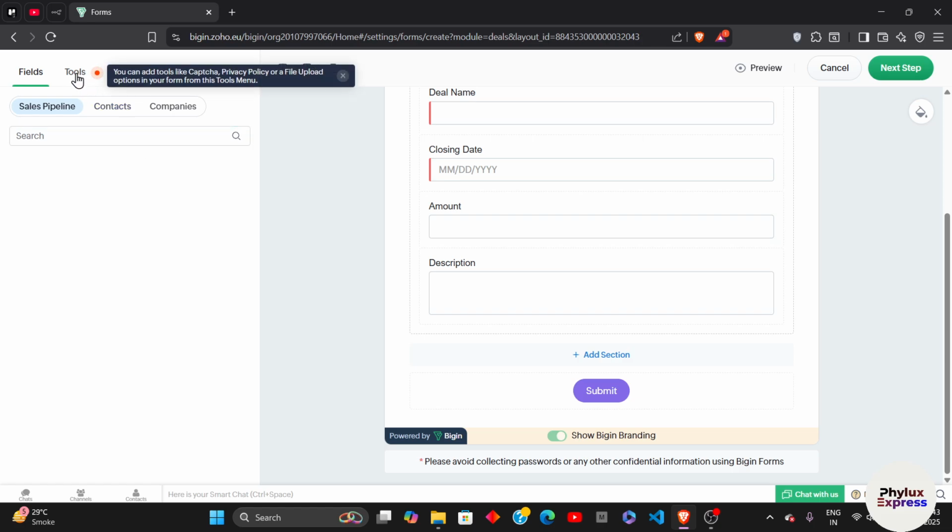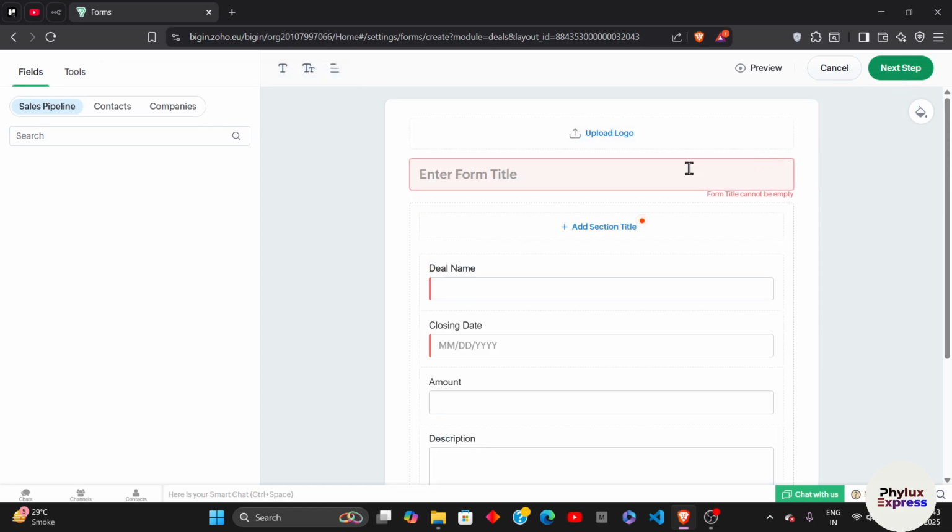And when you click on these tools here, you can add tools like CAPTCHA, privacy policy, or file upload options in your forms tool menu. And when you have created your form, you can simply click on next step. After that,